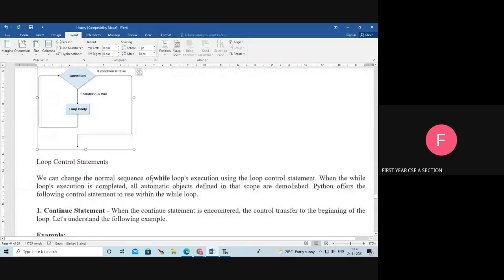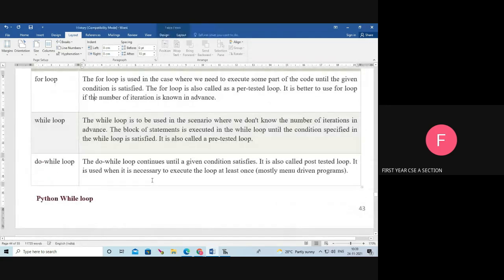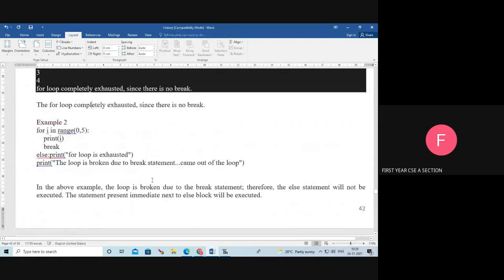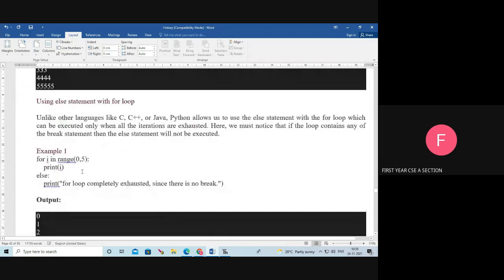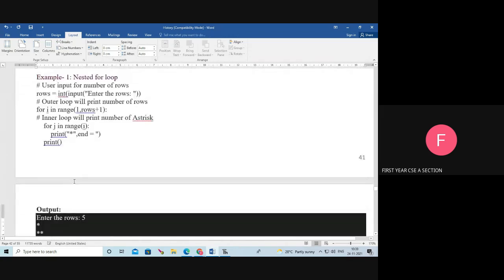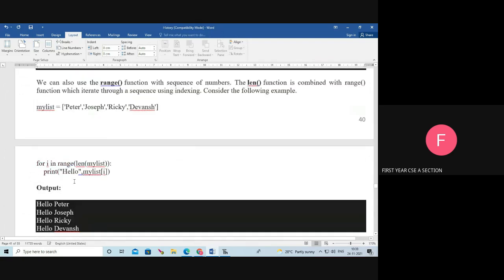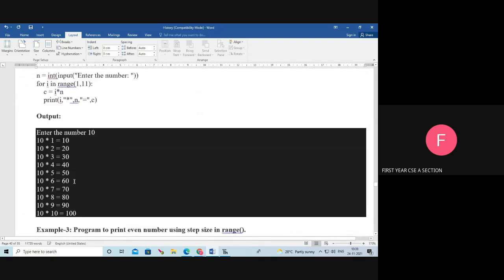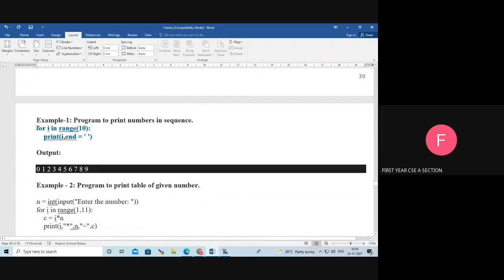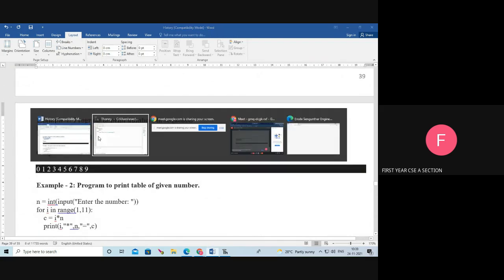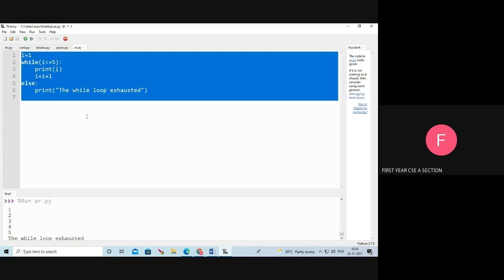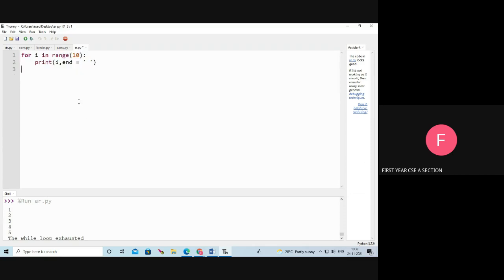Next, we will see the difference between for loop and while loop. For example, for i in range of 10, print i.